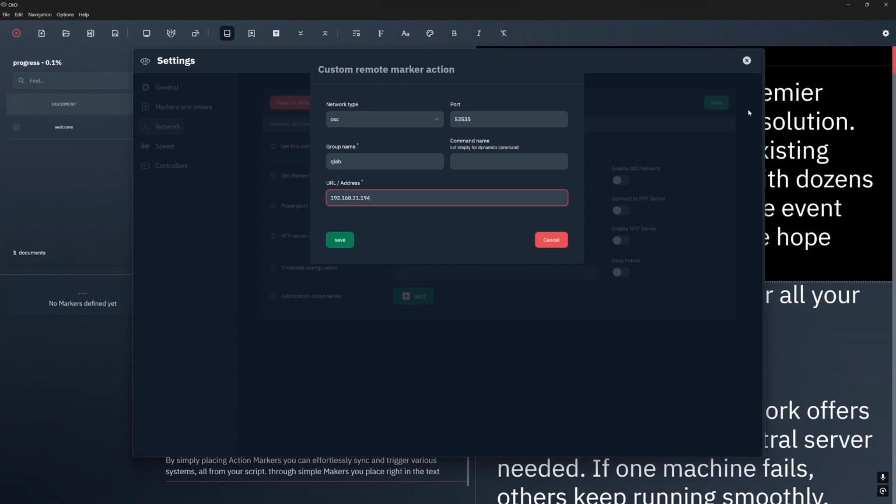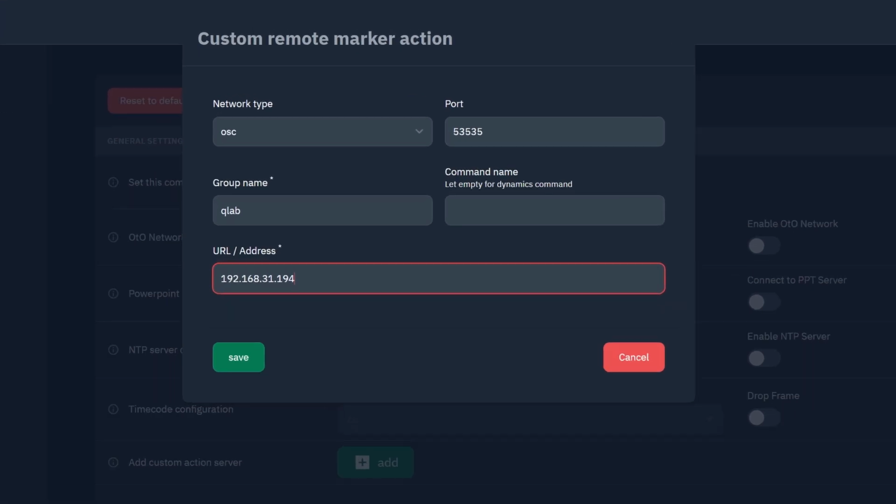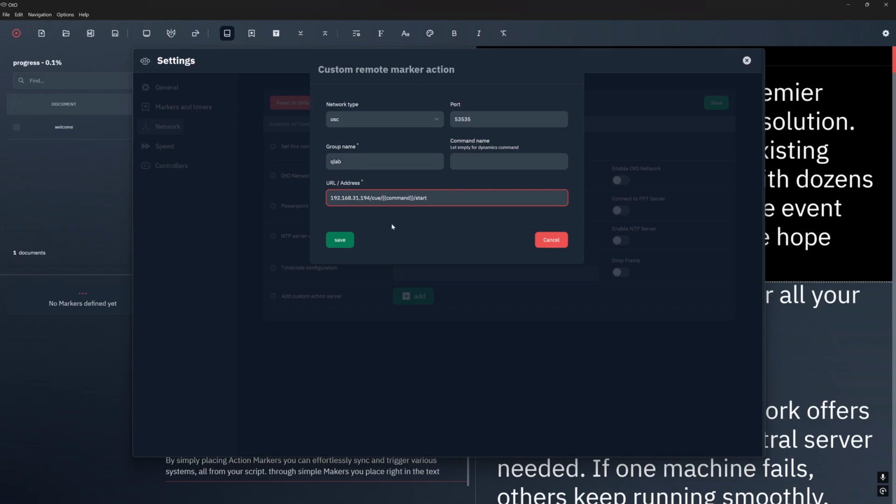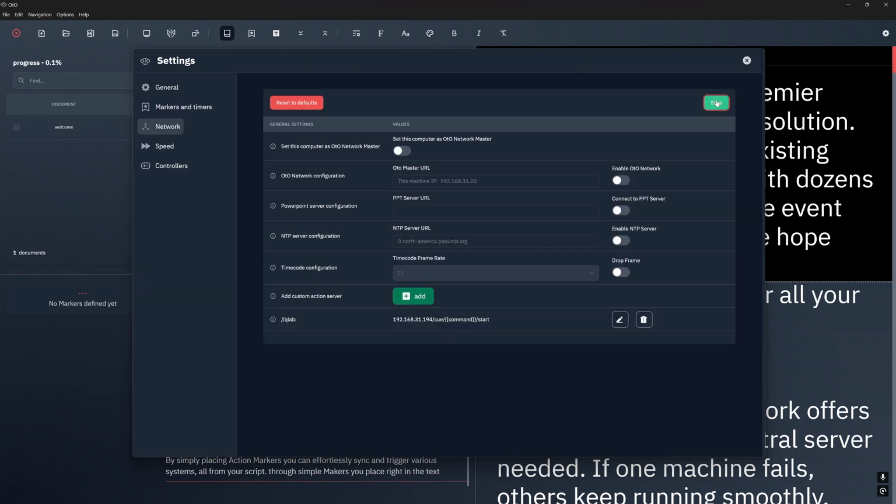So in Auto, I'll enter the exact same thing. I'll just replace the QLab placeholder syntax by the Auto syntax. In QLab, the placeholder syntax is X between curly braces, and in Auto it's command between double curly braces. So /Q/X between curly braces just becomes /Q/command between two pairs of curly braces. It sounds complicated, but you'll see it's actually very simple. Let's save this, and now let's create our first marker.